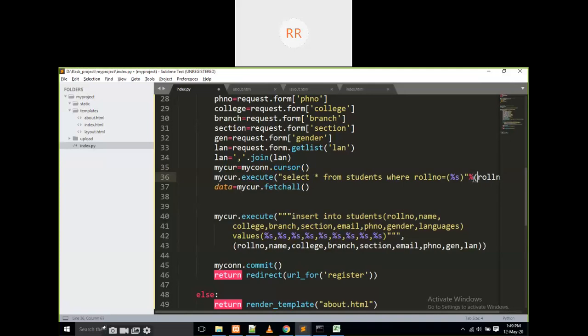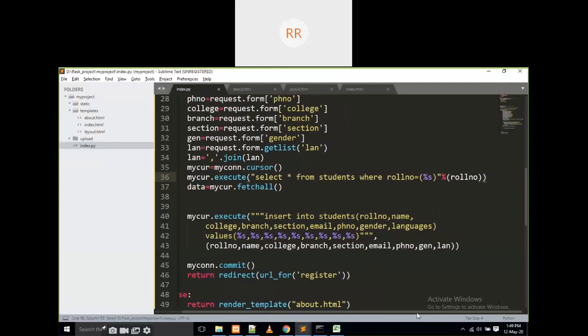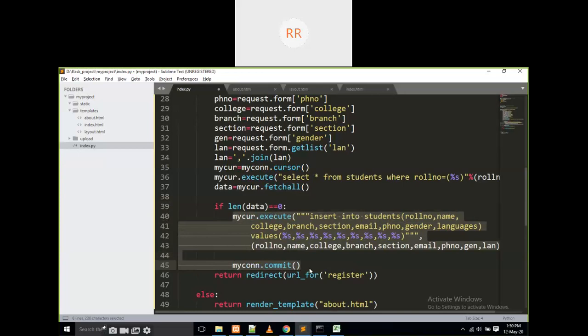The length of the data is 0, I am going to insert it. Otherwise, I am going to give a message: already inserted. If length of data is equal to 0, then only I am going to use these two lines, inserting the data and saving the data.